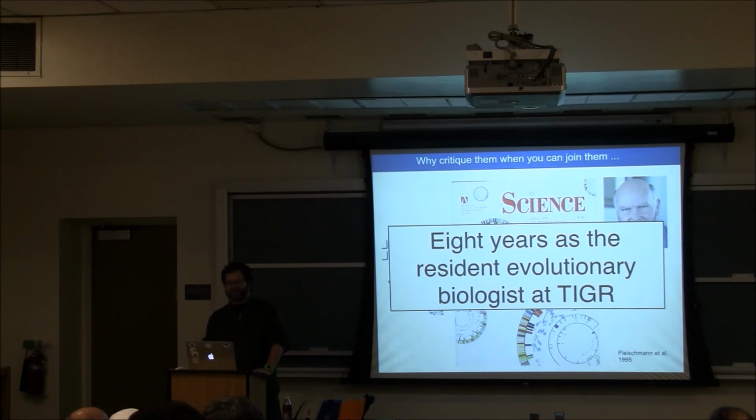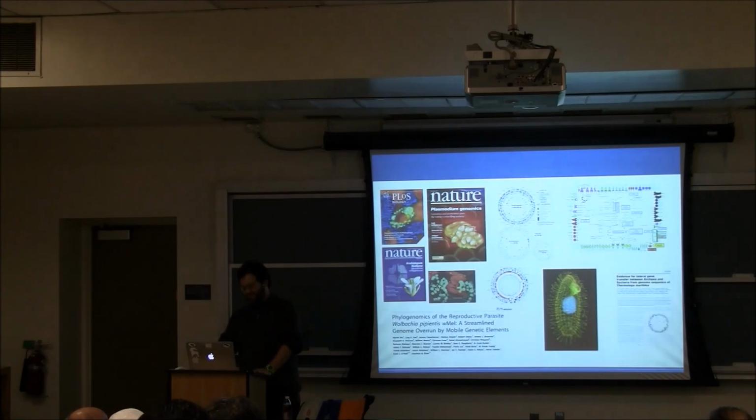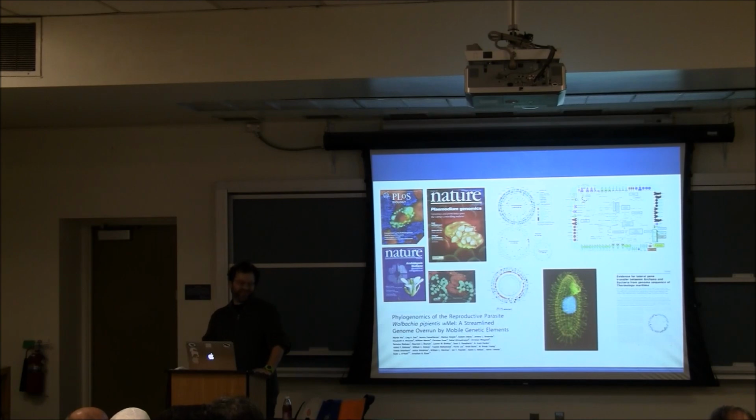Whenever there was some organism that was thought to be weird, that is evolutionarily interesting, people would send it to me, or whenever they needed help with some type of evolutionary analysis with their genome, they would come to me. And it was like a kid in a candy shop for 8 years there. I mean, they were sequencing the first plant genome, the first malaria genome, the first streptococcus genome, all these amazing first samplings of genome sequences. There was always something interesting to do evolutionarily with these genomes. I got to run eventually my own genome projects on weird organisms like Tetrahymena and Wolbachia and weird symbionts that nobody else at the Institute cared at all about.